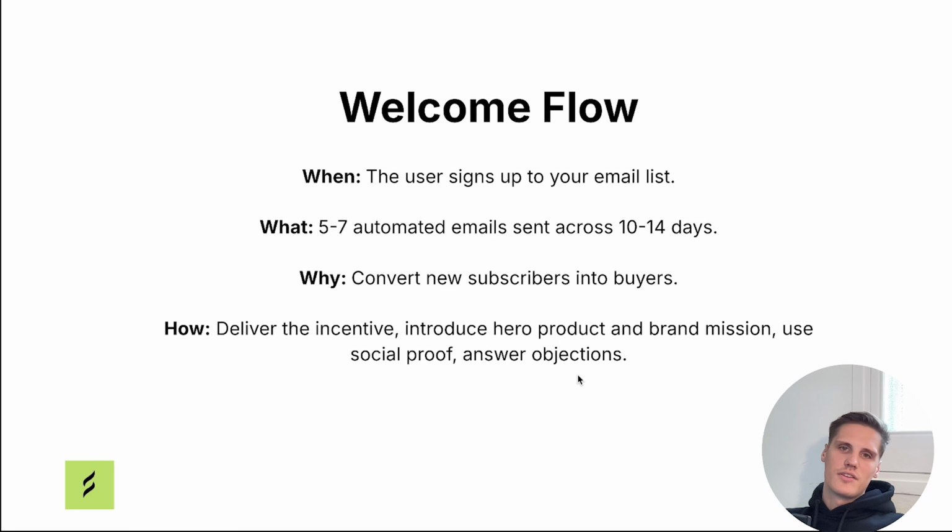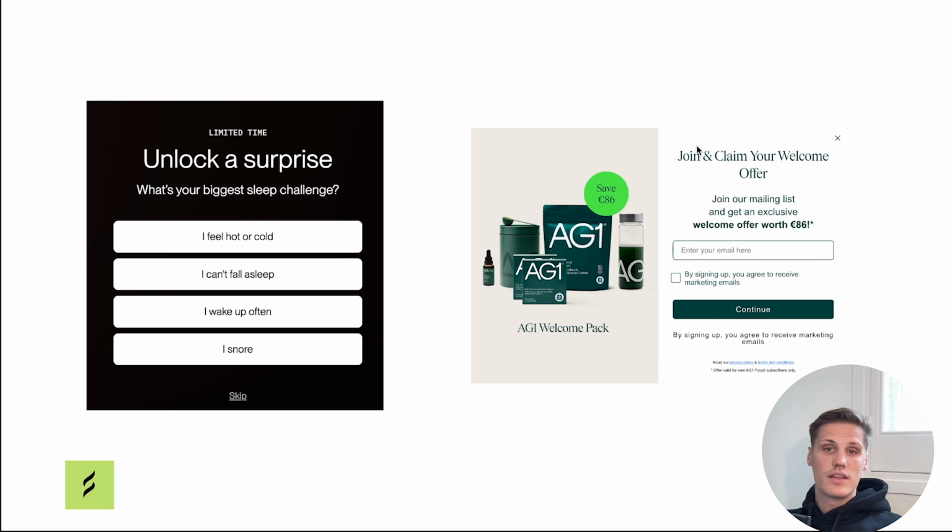You can also ask, for example, who are you shopping for? Is it for yourself? Is it for someone else? Depending on that, you can recommend gifts in the welcome flow. And then here you have another pop-up form. This doesn't have a quiz, but this has a different offer. So for example, here you have unlock a surprise, and here you have a welcome offer, like a kit that you can get in exchange for giving your email address. So you can test different offers depending on what you sell, but the most important thing is that you have an incentive, because otherwise there's no motivation to give an email address to you, unless they're really big fans